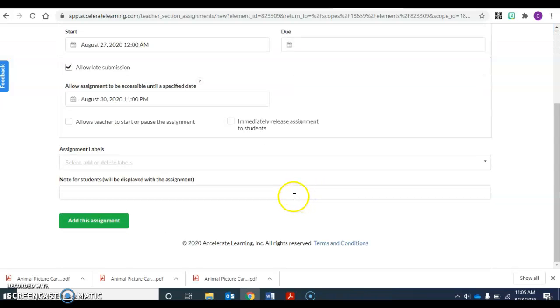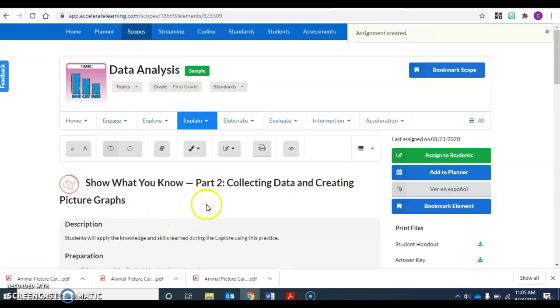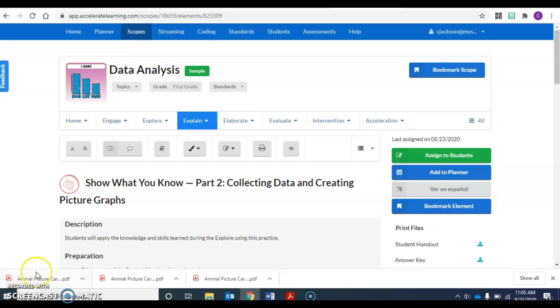I started this. And so then it says, I don't know if I need to make a note, but assign this assignment. And then it says assignment created. Alright, that's what I figured out. I'm not sure if it worked or not, but